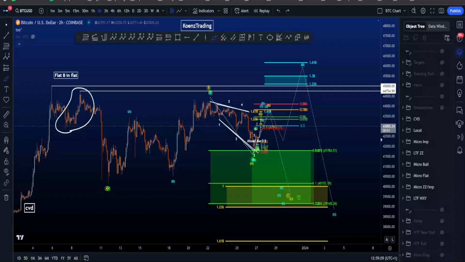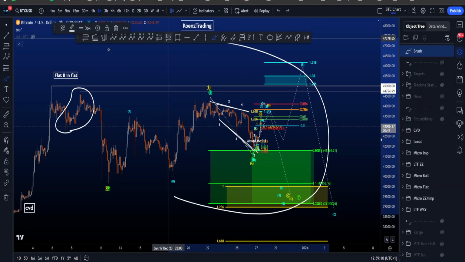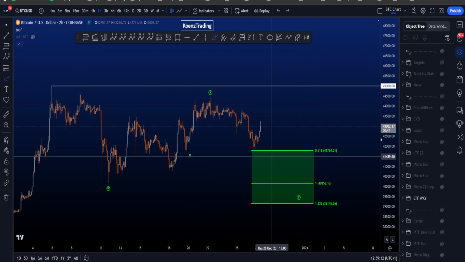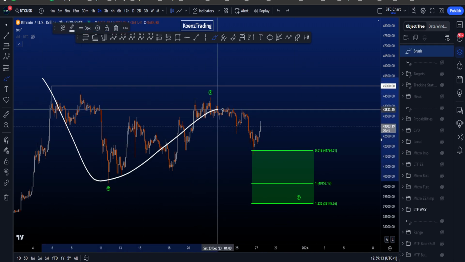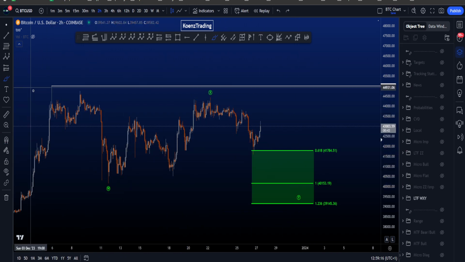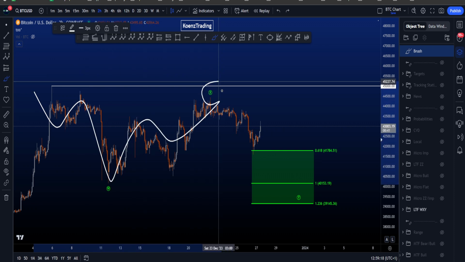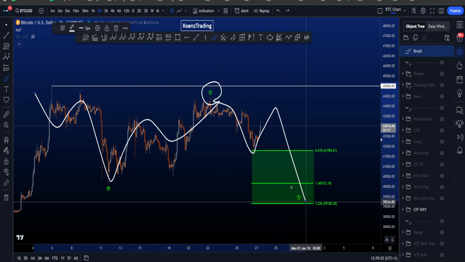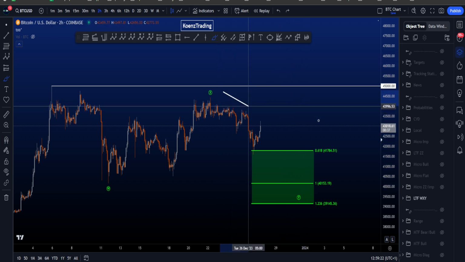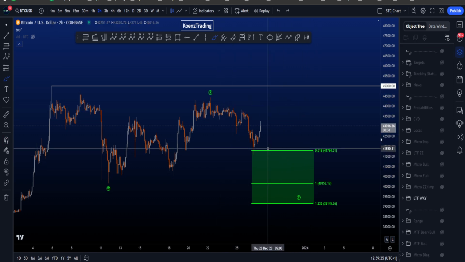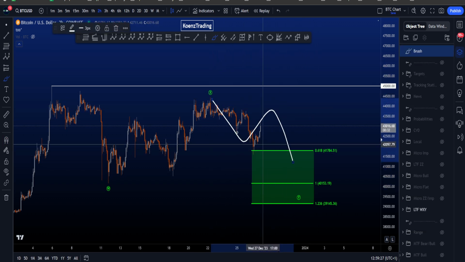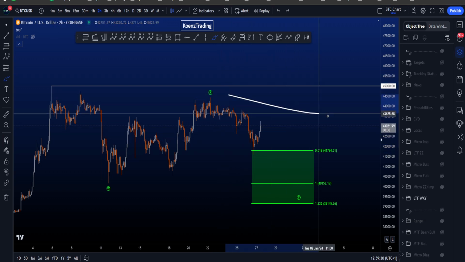Hi everyone, let's go over my bullish and bearish Elliott Wave scenarios on Bitcoin, starting on the low time frame with this WXY sideways double combo corrective structure, where W is a flat, X is a complex structure, and then wave Y can either be a zigzag, a flat, or a triangle. In this case, I am then looking for a zigzag structure or a flat structure, because for a triangle it